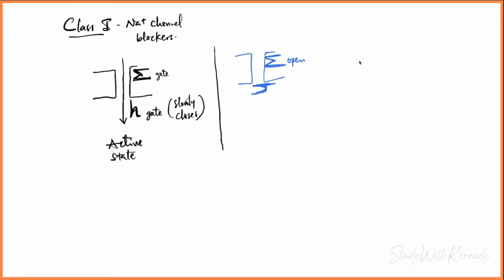The H gate is closed, meaning that even if sodium comes through, there's a barrier right there. This is the inactive sodium channel. And this channel is actually in refractory phase. It's said to be in refractory